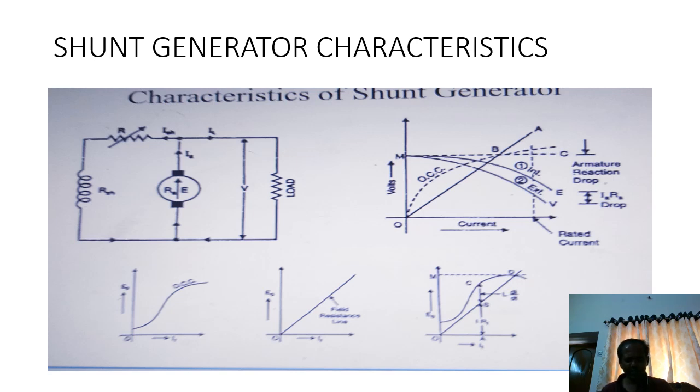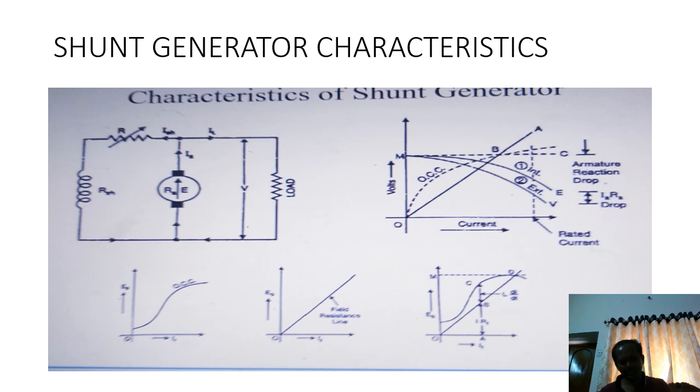By changing the field current, there is a change in the flux produced. This flux strengthens the armature flux. Under no load condition, the armature current is zero. When the armature current is zero, you can draw the no load induced voltage versus field current. By variation of the field current, there is a change in the voltage. You get a characteristic like the one shown, as in a separately excited generator.